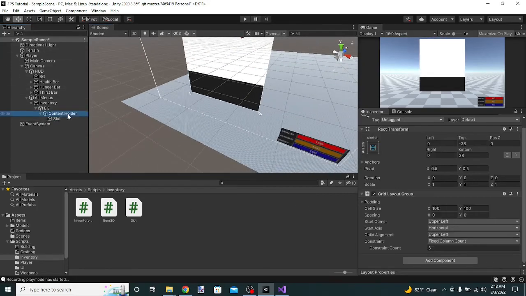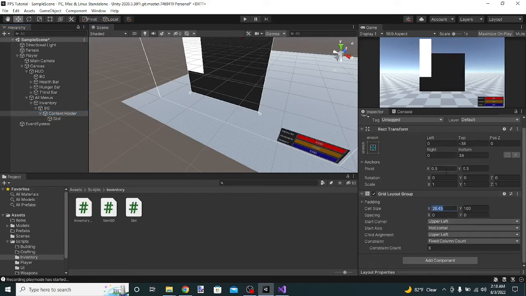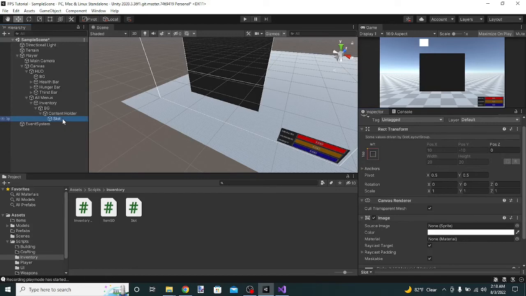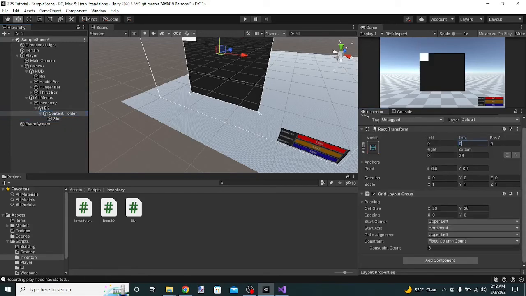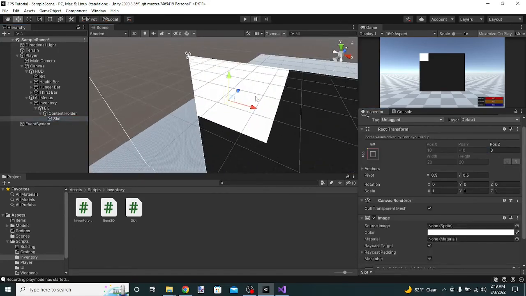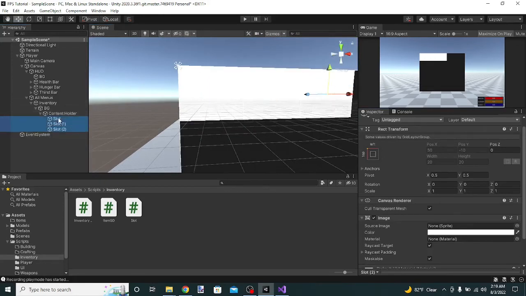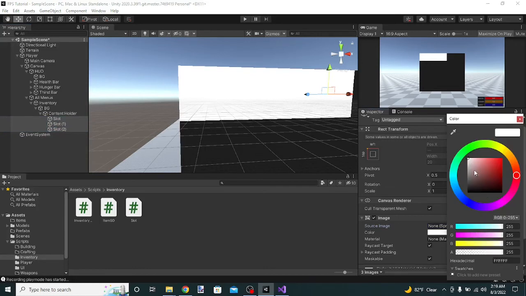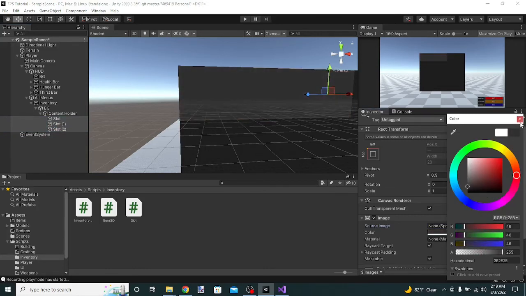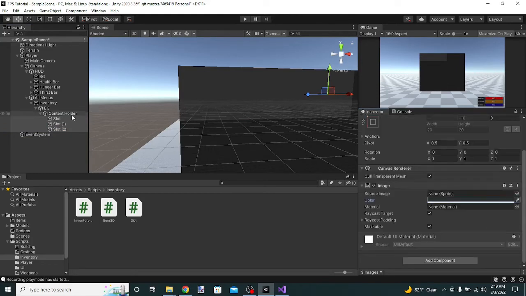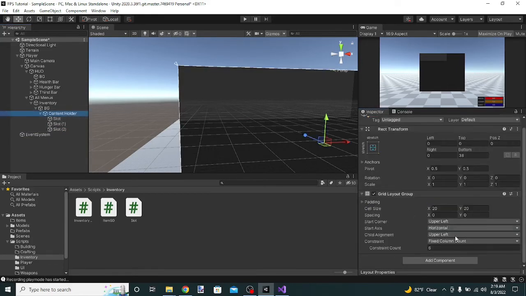And now over here on content holder, I'm going to make sure that the cell size is right. So okay, content holder, bring it down to 0 in here. Alright, so next thing, slot. I'm gonna copy it a couple of times, but here's what I'm gonna do. This is just for arranging the UI, so you don't really have to do it. You can just do it later if you want, but I'm gonna do it right now just to get over with this. And let's change upper left to upper center,